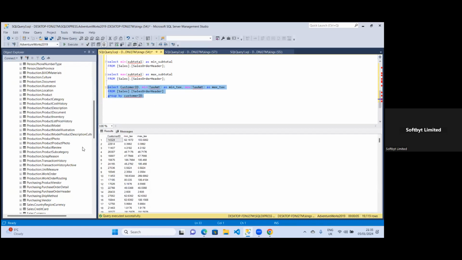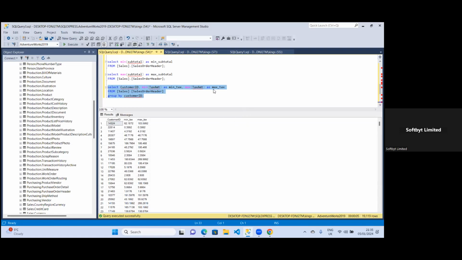So now you can see this person, customer ID 14324, paid the minimum of $162 and the maximum of $183. And then you can still do more calculation with this. You can actually go as far as saying you want the difference in